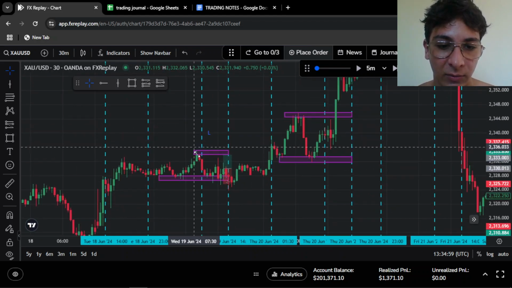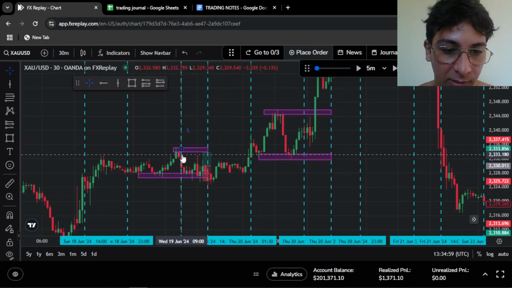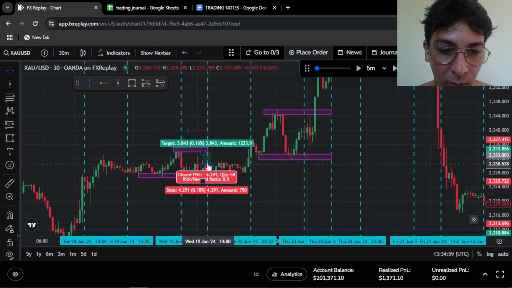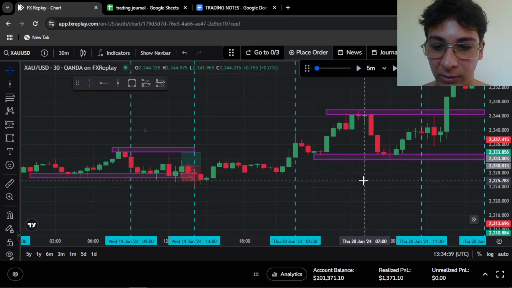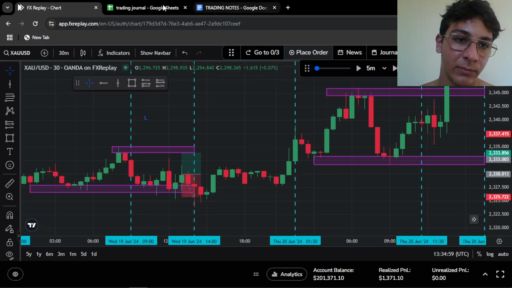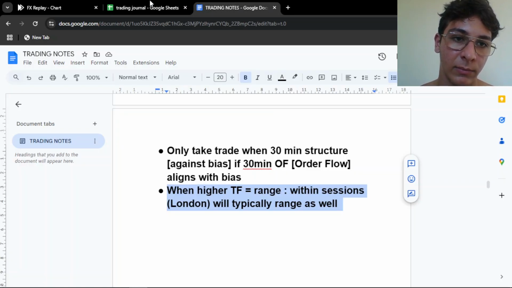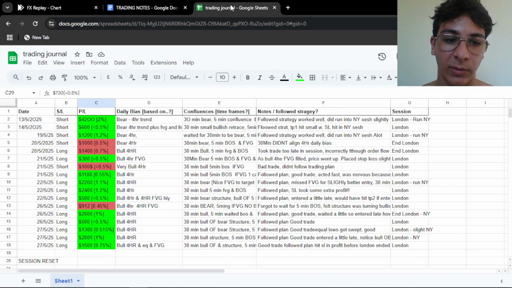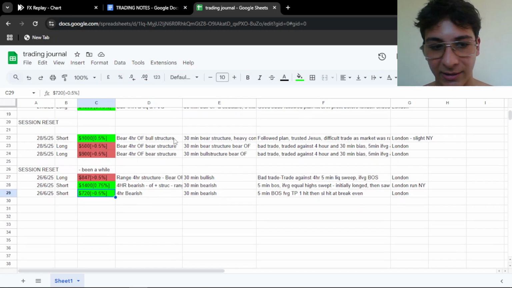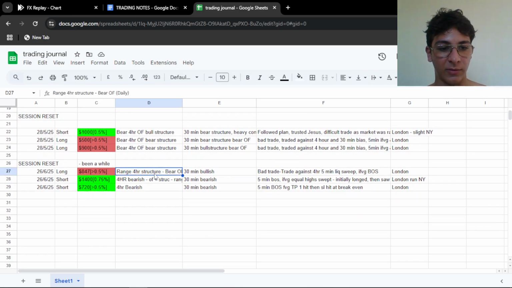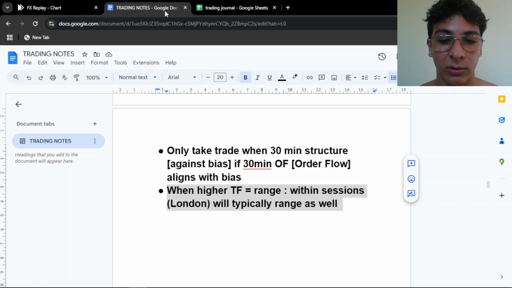So the first trade, we took a loss. As you can see here, we longed over here and it went down. Let me zoom in a little so you guys can see. I'm on a slow laptop, so no good quality editing and all that. Sorry. So the 4 hour was ranging and the order flow was bearish, and the 30-minute was bullish. So I took a long,